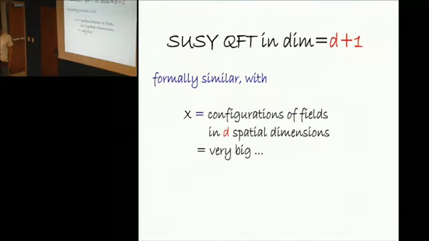All right. So now, if we're interested in quantum field theory in d plus 1 dimensions, this is formally completely similar. In the sense that instead of our finite dimensional manifold, you have to take the manifold of all possible configurations of fields in d dimensions. Something very, very big. But the formula is the same. However, miraculously,